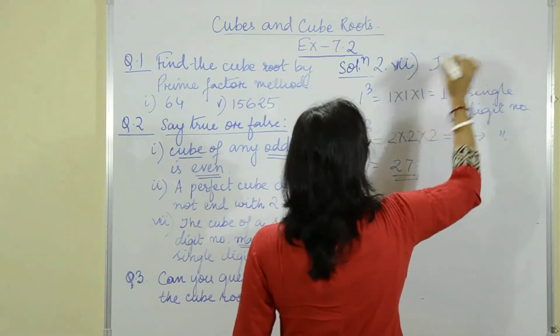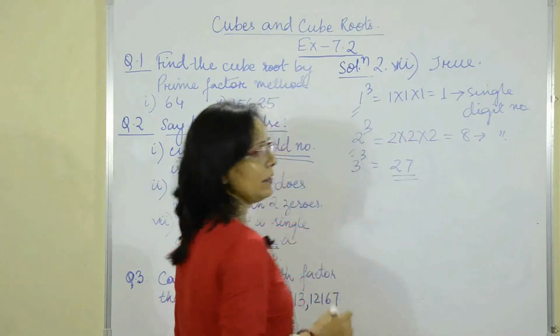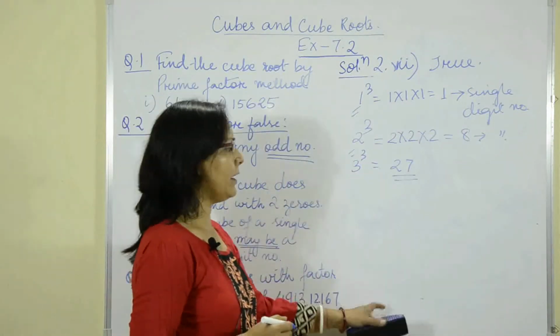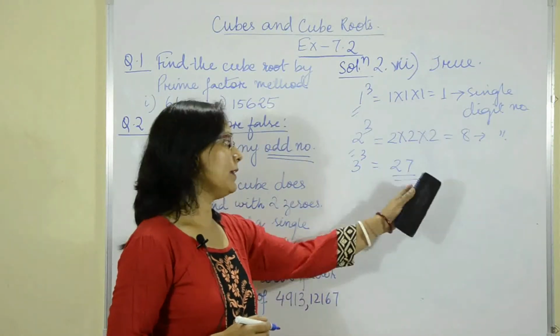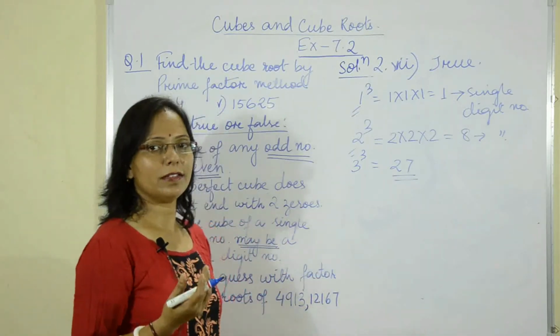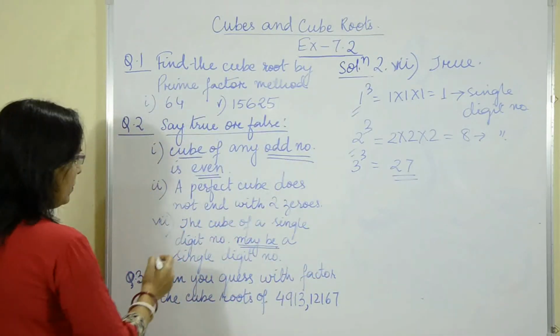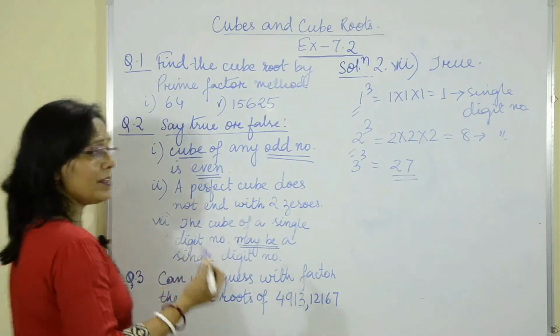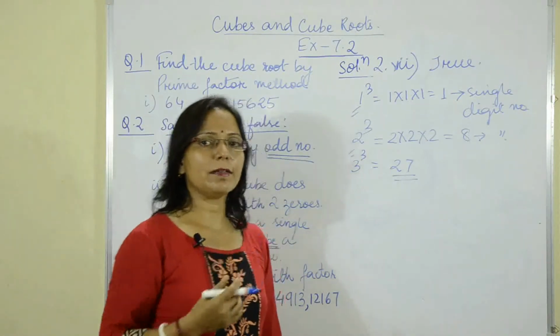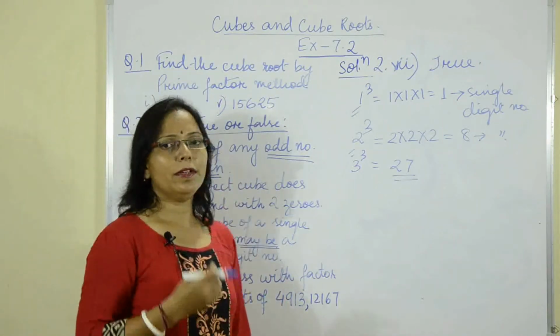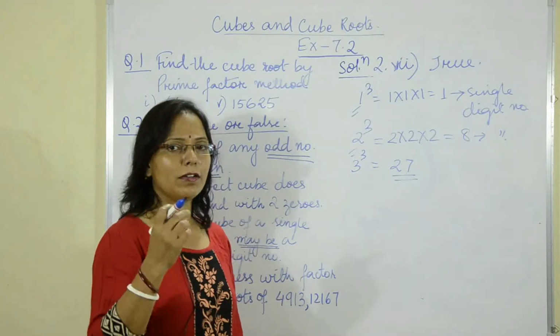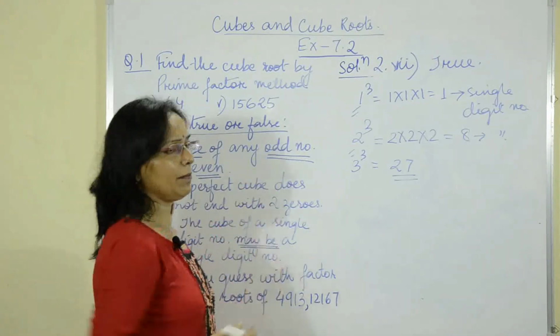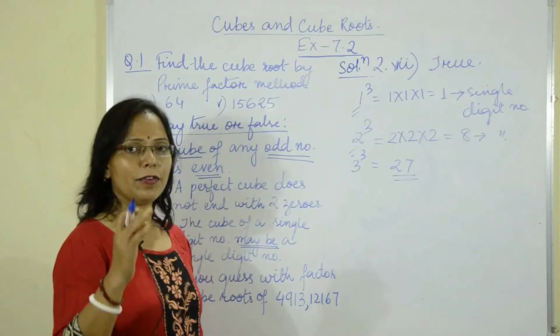This statement is true for only 1 and 2, is it not? But from 3 onwards we are getting a double digit number, and later even a 3 digit number, is it not? So this statement is true. In this way, you will have to interpret all the statements and then check whether they are actually true or false. Then only you can conclude. You need to check them. Okay. So those again are for you to do.